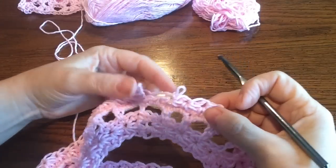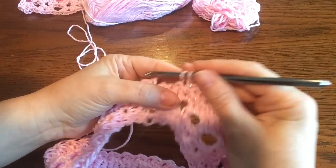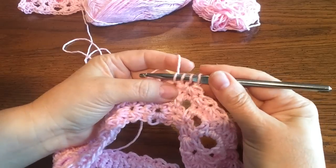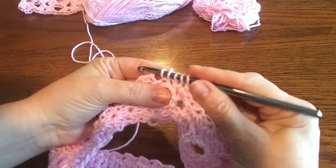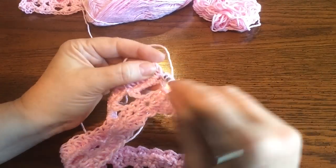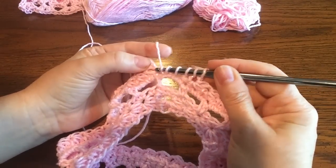All right, we're here at the end. I'm going to do the last few stitches here with you. So I'm going into the eye, going into the post, grabbing a loop, going into the chain that the post came out of, grab a loop, going to the next stitch, grab a loop, and going into this next stitch right here, grab a loop,